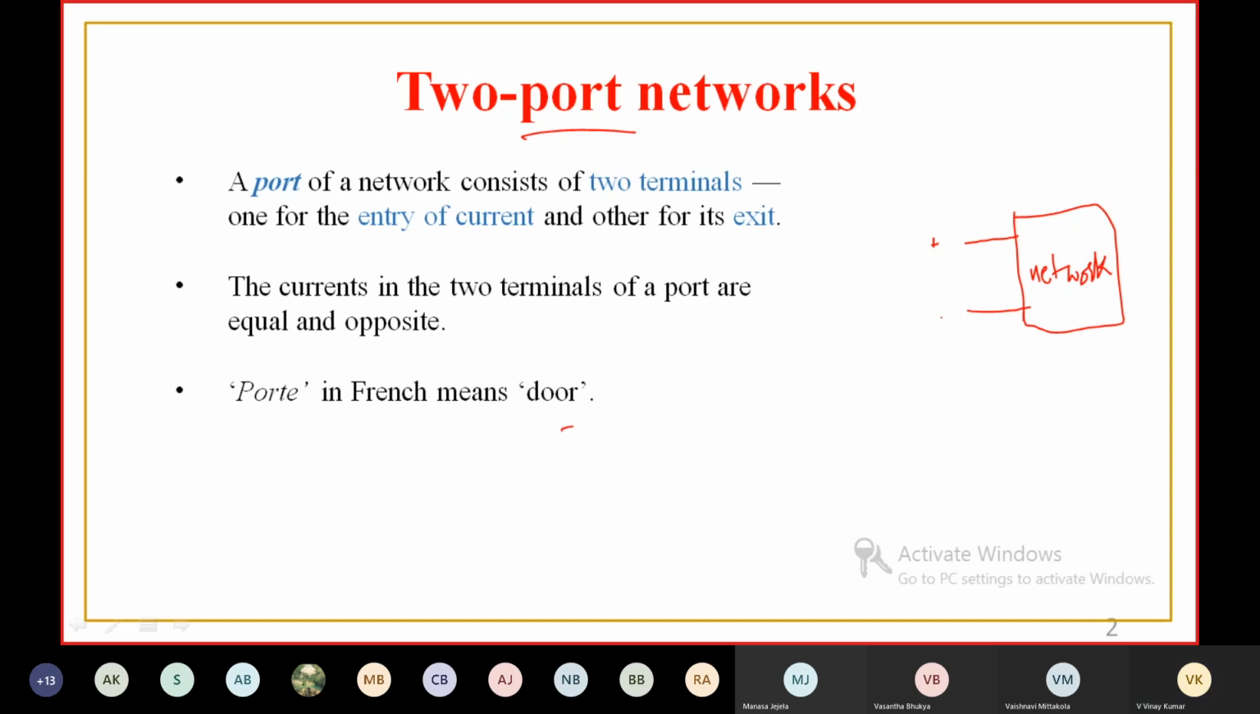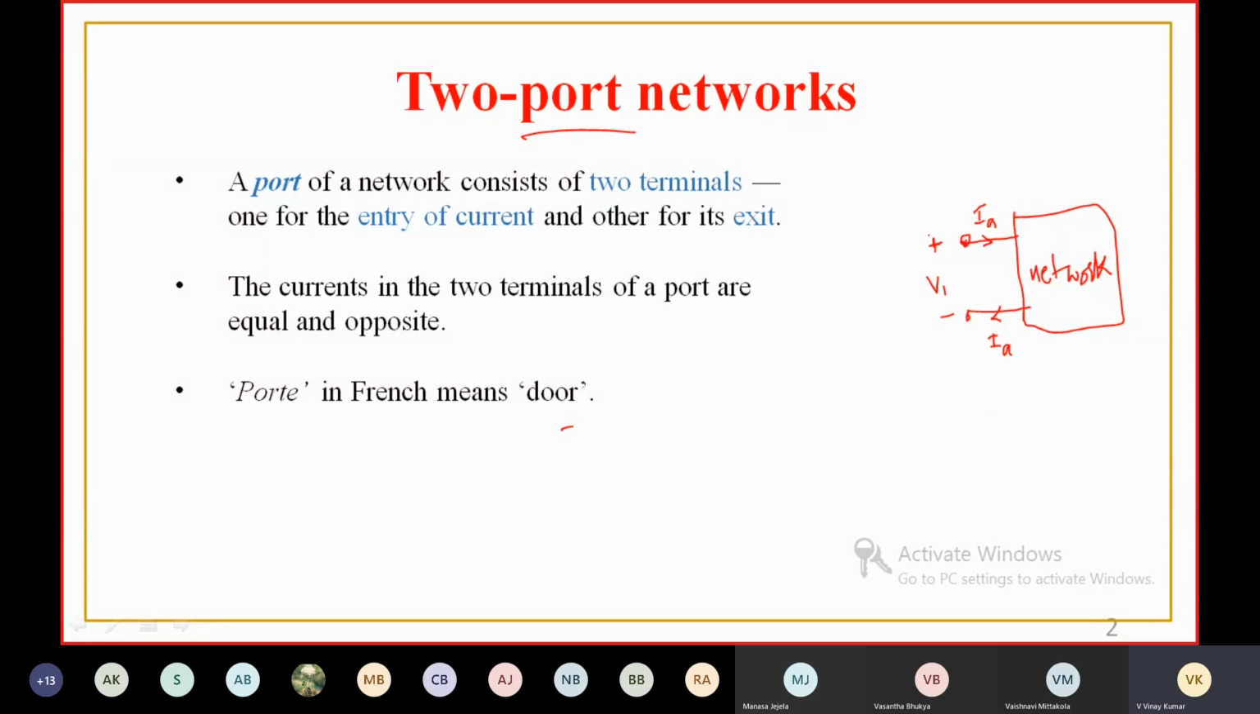Let V1 be the voltage applied to this network. It is having two terminals. This is the current which is entering the network, and the same current will be leaving the network. Okay. See, port means